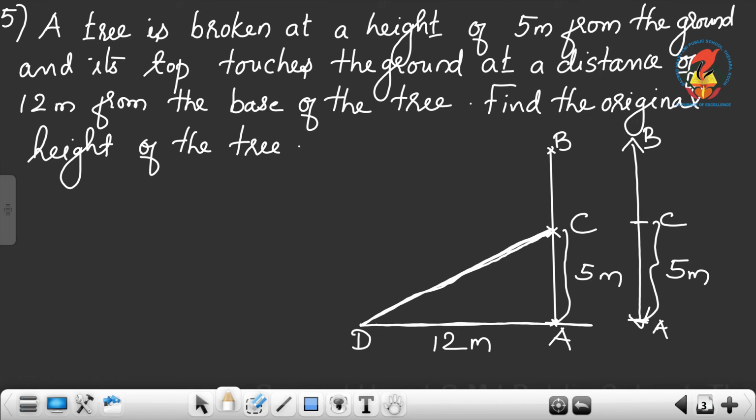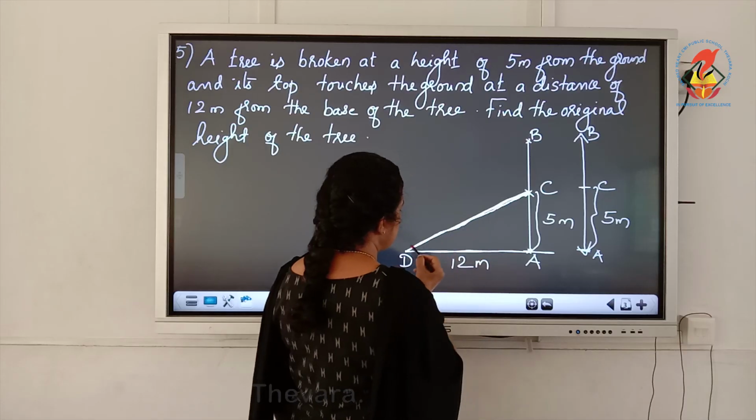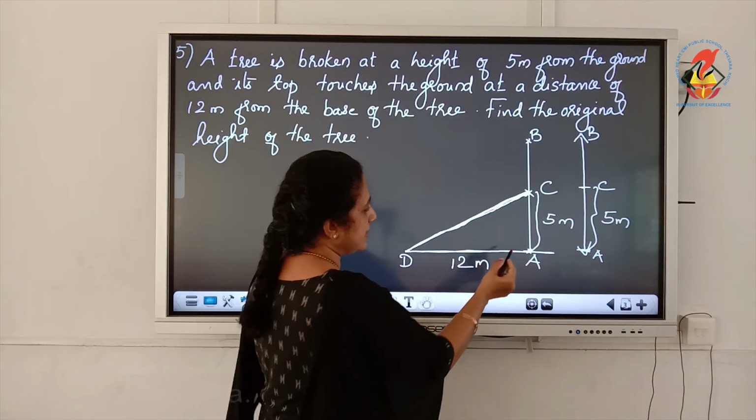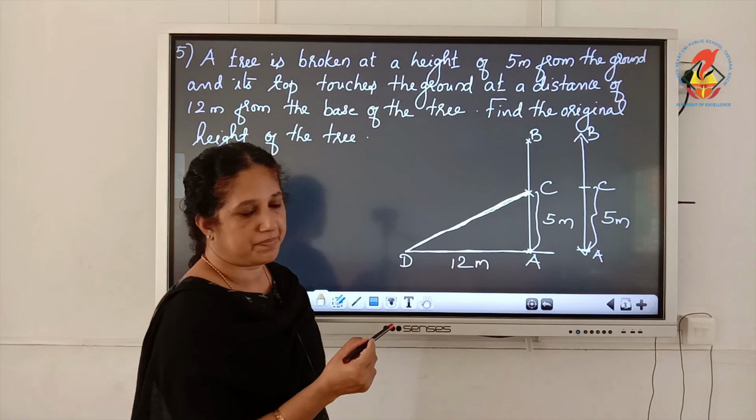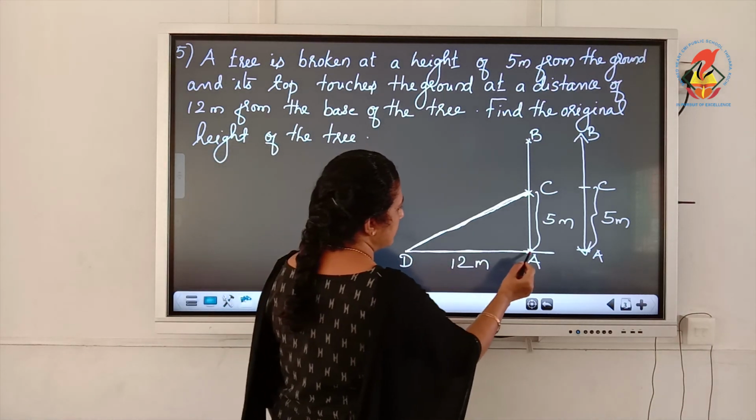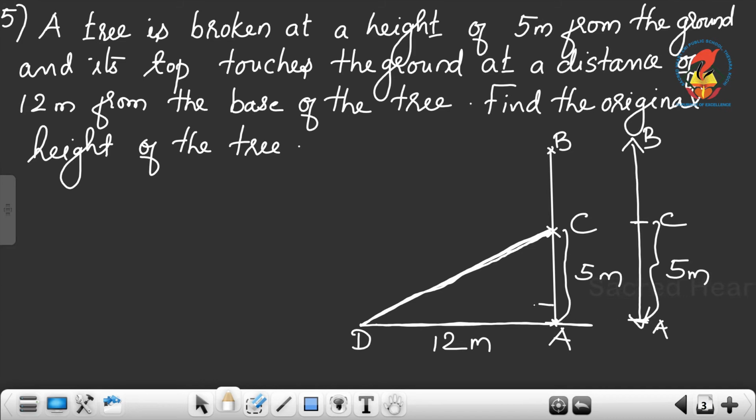Now we have to find the height of the broken part. So CB we have to find, and CB takes the position CD. And since the tree is vertical, you can see a right angled triangle. The name of the right angled triangle is triangle DAC. Now we can draw the triangle separately. DAC